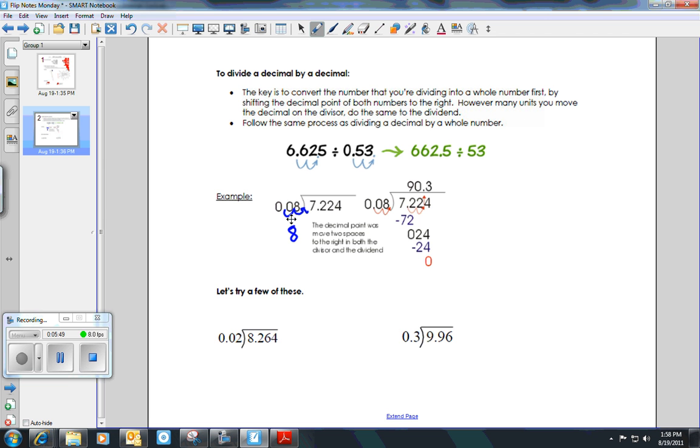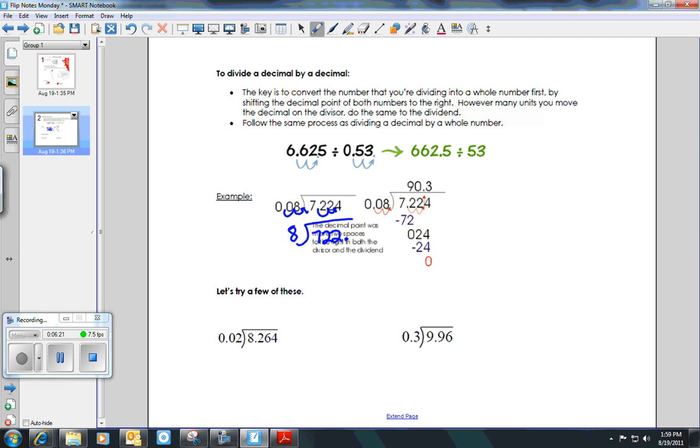I can't just do 1, because 7 and 224 thousandths divided by 8 hundredths is a lot different number than 7 and 224 thousandths divided by 8. If you try it on a calculator, you'll see you get a big difference in your final answer. So we have to make sure that we're moving the decimal point the same number of spots for both numbers. So this ends up being 8 divided into